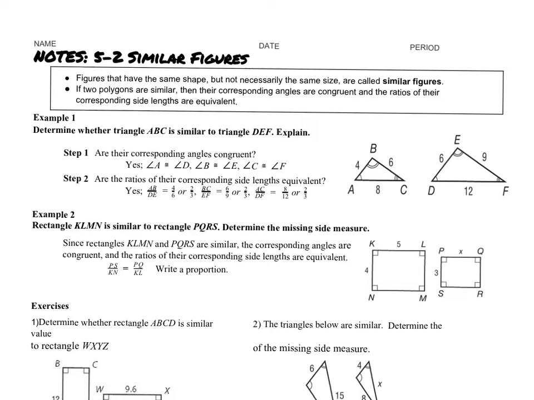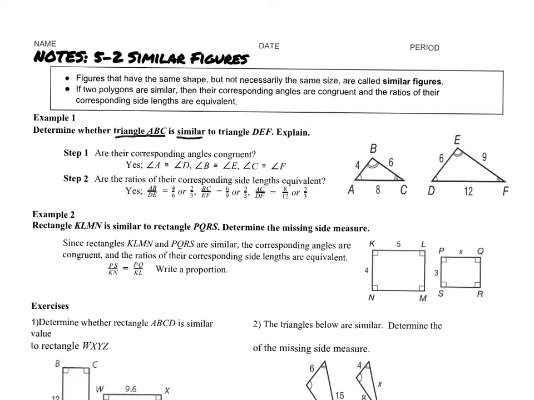Okay, so we're on similar figures. I want you to look at example 1, but shift your eyes to step 1 right here. Step 1 tells us a lot of information. It says, are the corresponding angles congruent? And it says yes. Corresponding angles, when we have this wording right here, we're saying triangle ABCD is similar to